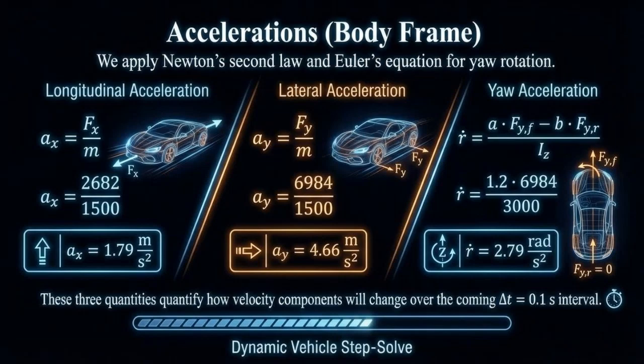The longitudinal acceleration is found by net forward force divided by mass, which gives 1.729 meters per second squared. The lateral acceleration is found by net lateral force divided by mass, which results in 4.66 meters per second squared. Next, we compute the yaw acceleration from moment balance. Substituting values gives a yaw acceleration of 2.729 radians per second squared. These three accelerations, forward, sideways, and rotational, define how the vehicle's velocities will change during the next 0.1 second time